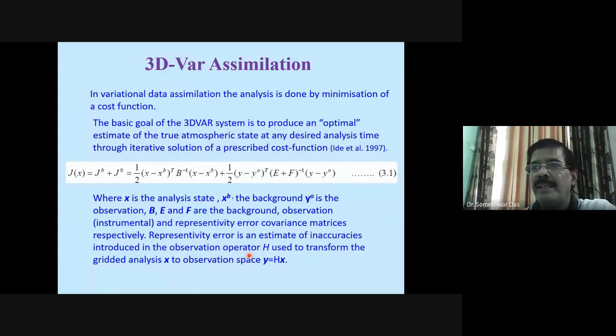You can easily assimilate. But many times you also try to assimilate observations which do not have prognostic equations.